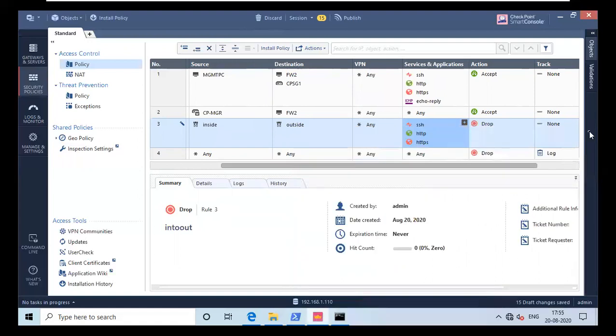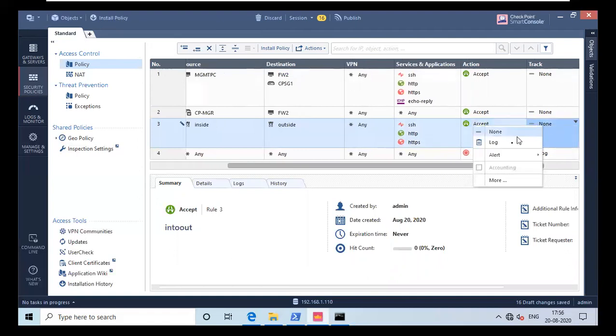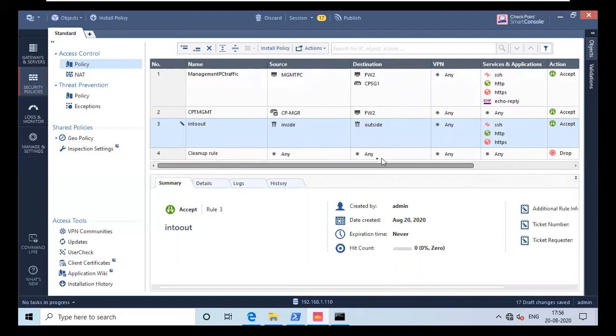Okay, close it, and I have to make the action as accept. Action as accept, and let us keep a log of it. Okay, great. And yeah, so our inside to outside rule is there, but it will not work because there is one rule